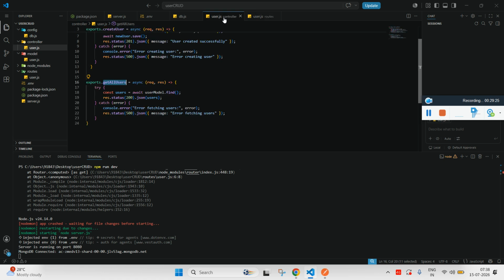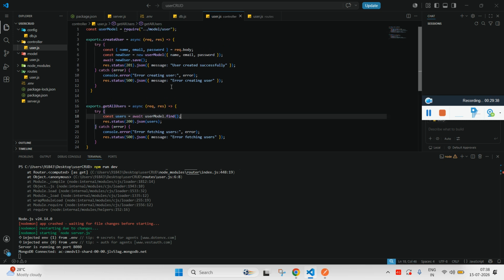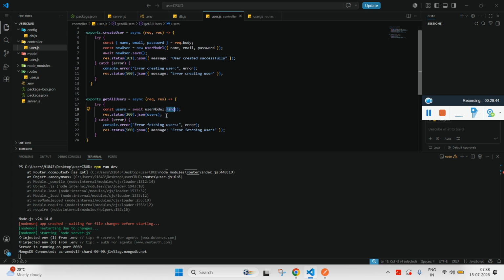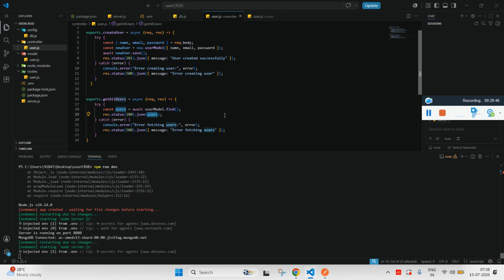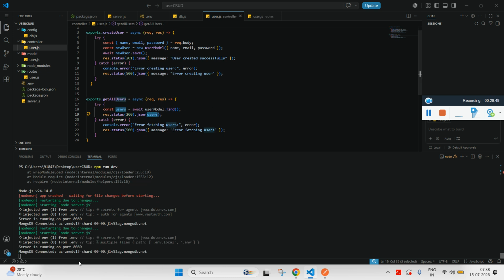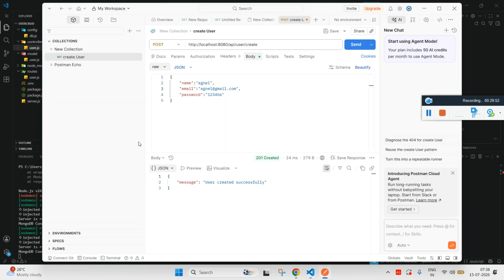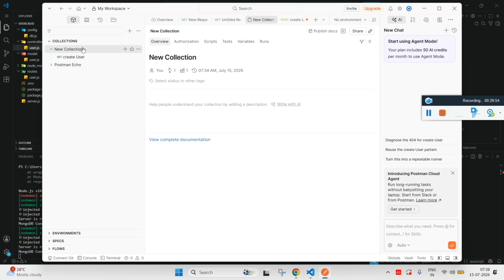when the request is related to all, the relevant controller function which is handling it is getAllUser. In the controller, getAllUser doesn't expect anything, so that's why we have not done anything with the request. We are just making use of the model. You can see user model dot find and display the values. So let's check. This is the minimum thing that we need, and make sure there is no error. There is no error. And let's call the new API request, and we need to add a new request. Here in this case it's a GET request